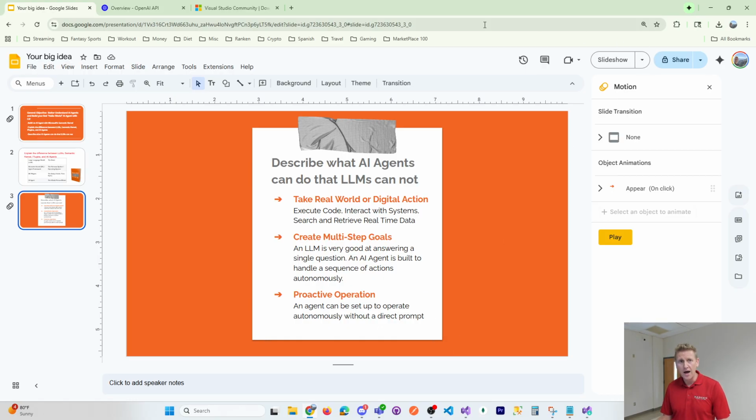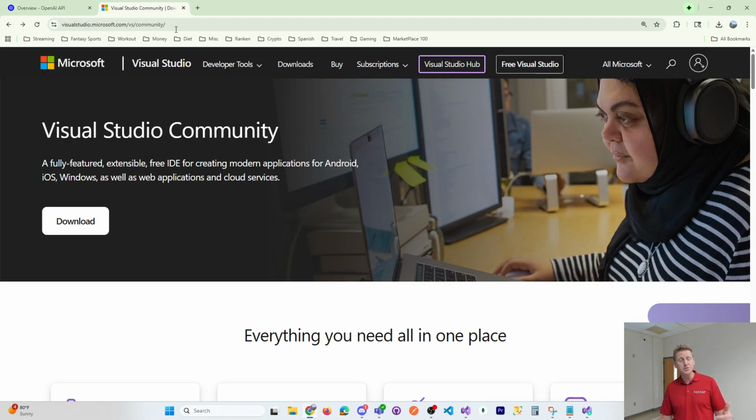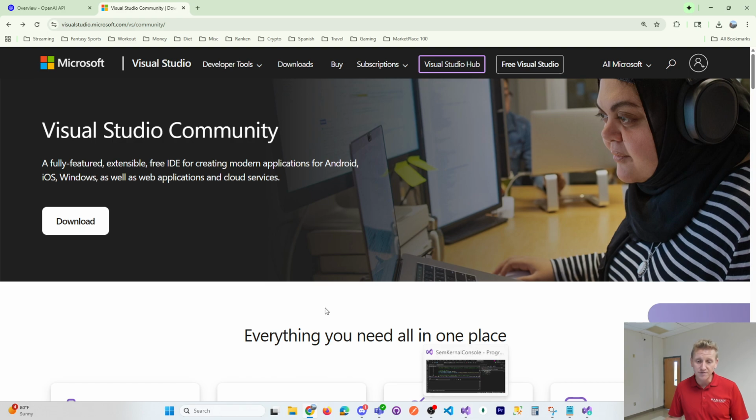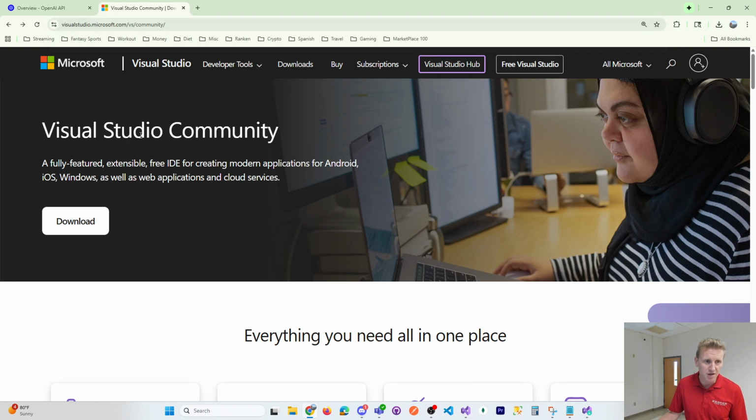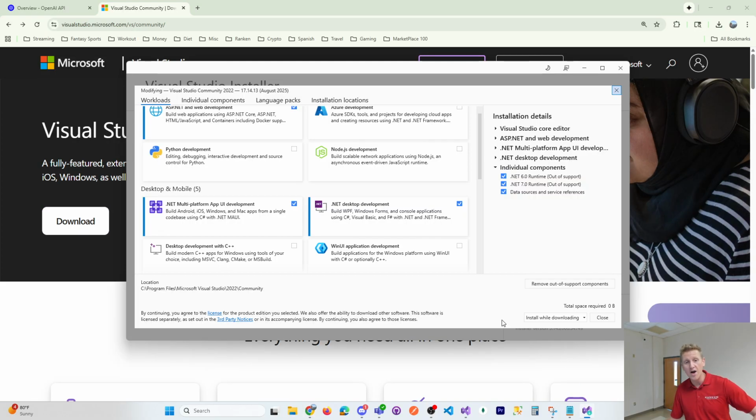And so now, to build your first AI agent, I'm going to use Visual Studio Community. And so if you're familiar with this tool, it's got a purple icon down here. I got my mouse hovering over it. If you've installed Visual Studio Community before, if not, hit the website, visualstudio.microsoft.com. Get the downloader. Just to show you, when you run the downloader, you're going to need this checkbox for .NET desktop development. That way you can write the code that I'm about to write. You're going to need to install